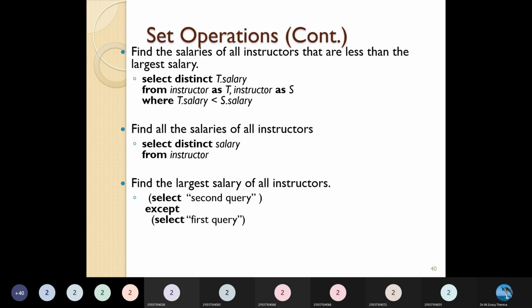So except first query, we want the result of second query. In that case, I can use select second query except, and we can